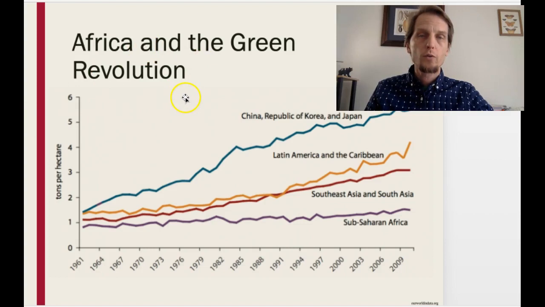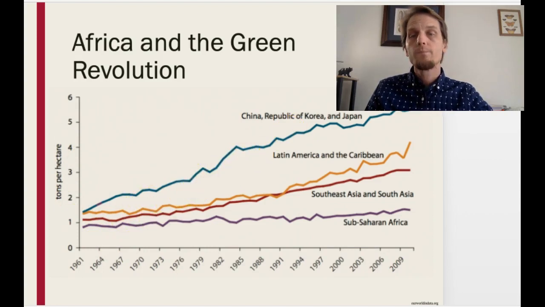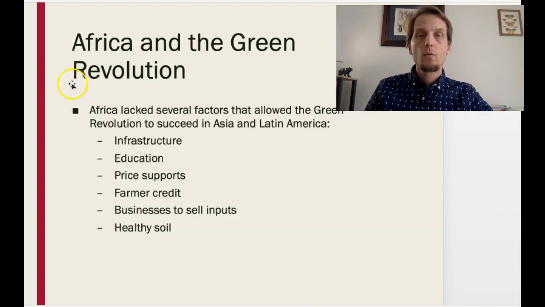Africa and the Green Revolution. So go through, look at this data. I don't want to take too much more of my time. I see I'm at 20 minutes. I don't like to make these much more than 20. But look at the data, what it's showing over the years and the tons per hectare being produced. Everyone has had somewhat since then a green revolution of their own for their various crops.